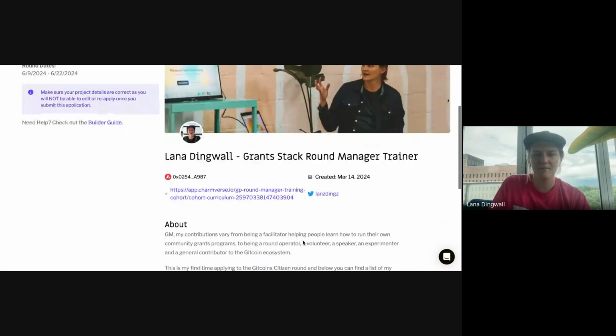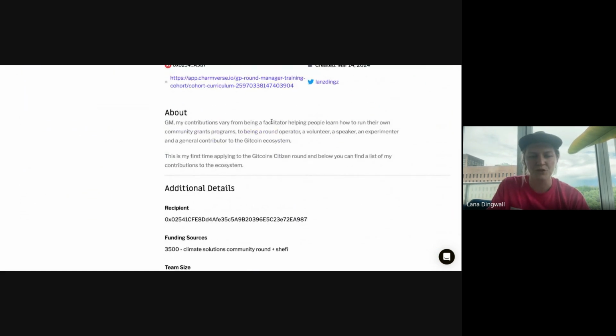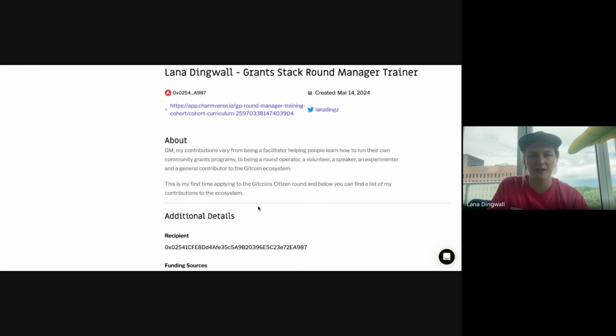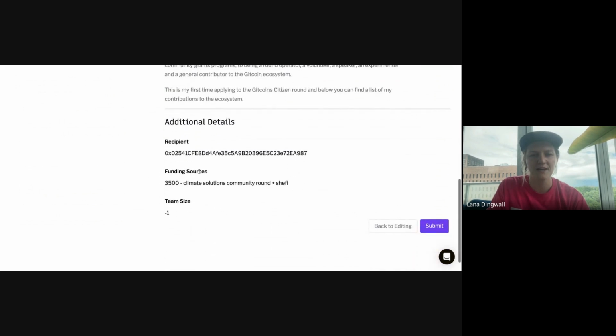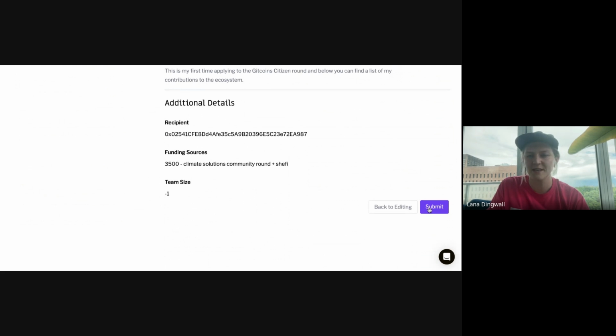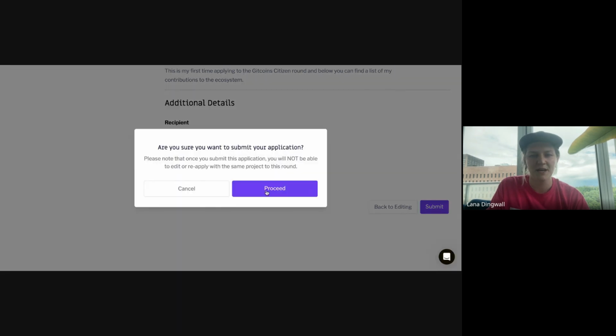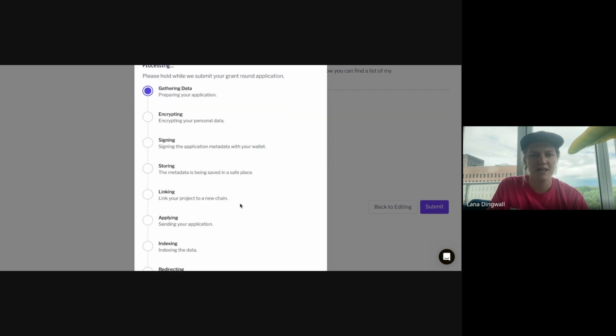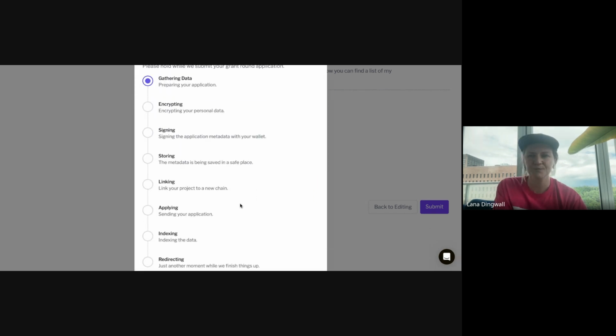Preview application. It'll show my little profile that I built out here, and then it'll show the other information that I need. And I'll click submit, proceed. Your wallet will pop up. I don't think you can see my wallet pop up. It's just going to ask you to sign a message to